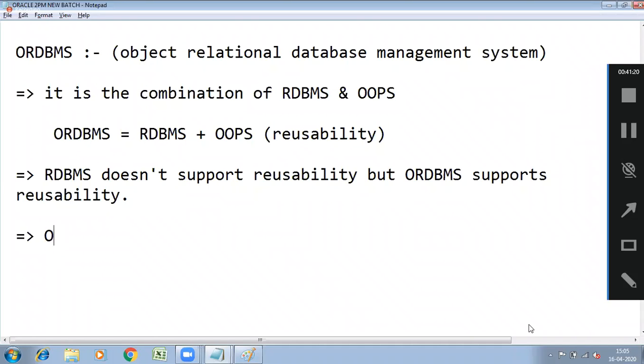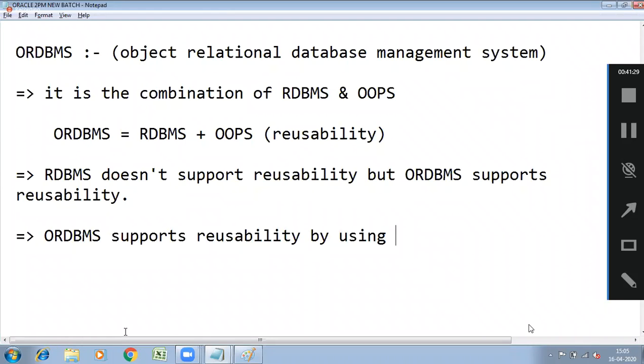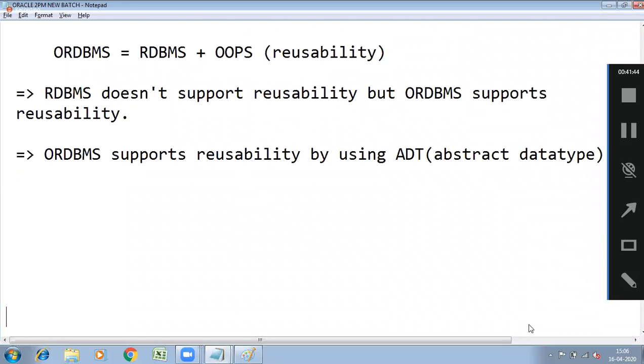ODBMS supports reusability by using ADT. What does ADT stand for? Abstract data type. With the help of this ADT, ODBMS supports reusability. I'll explain what this ADT is.